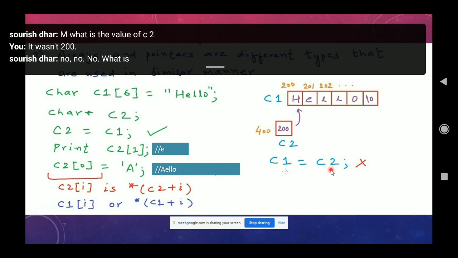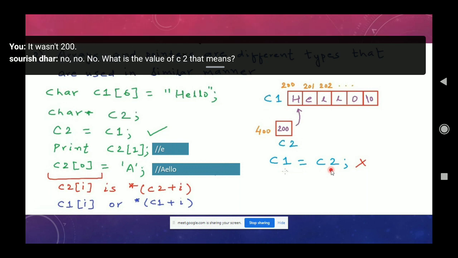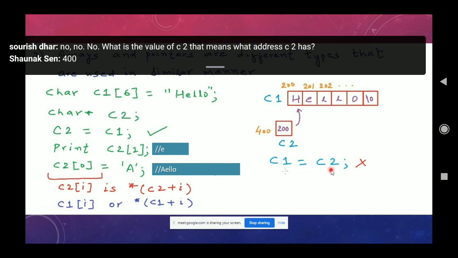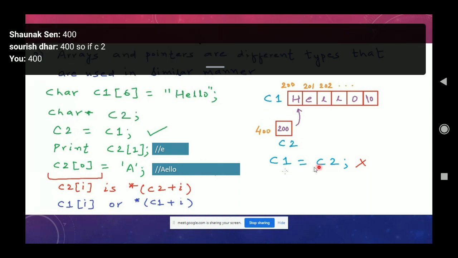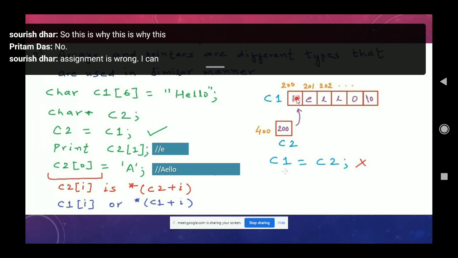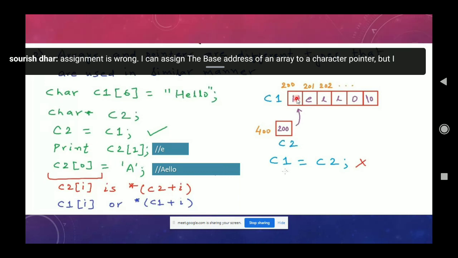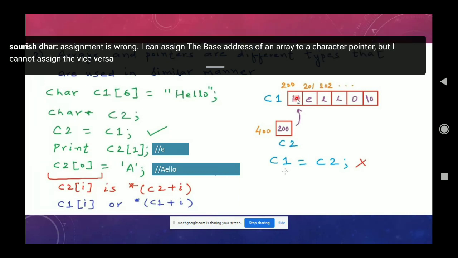That means what address does C2 have? 400. So if C2 has 400, can I assign 400 to C1? No. This is why this assignment is wrong. I can assign the base address of an array to a character pointer, but I cannot assign vice versa, a pointer address to the base address of an array. It is not allowed in C.